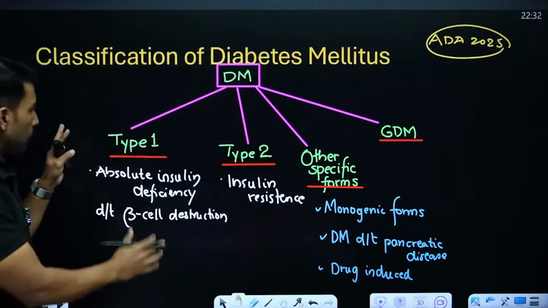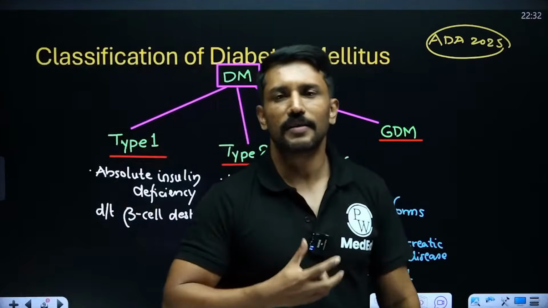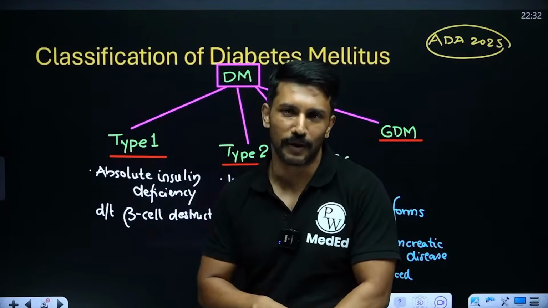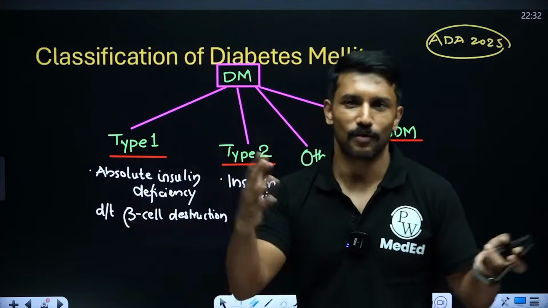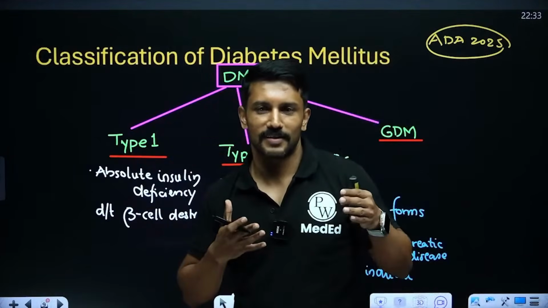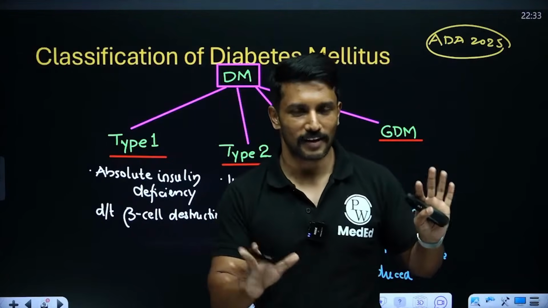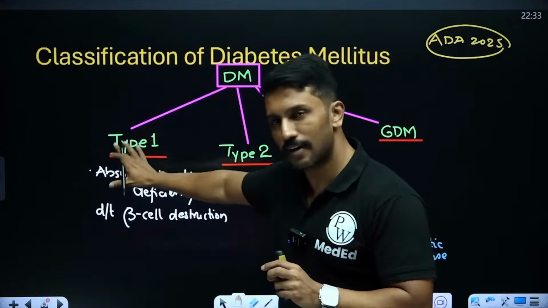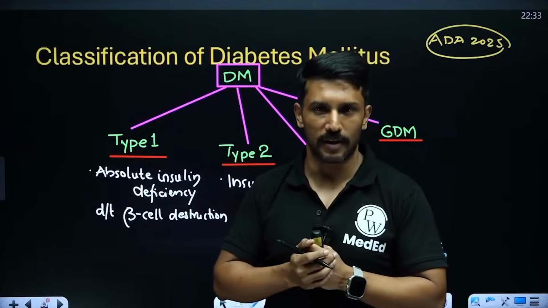Let me reframe it in a different way. Is there any role of genetics when it comes to type 2 diabetes mellitus? Of course, yes, right? We know that diabetes runs in the family. Of course, there's a common saying that diabetes runs in the family because nobody runs in the family. But yeah, lifestyle is a factor, but genetics does contribute. Is there any role of genetics in type 1 diabetes mellitus? Yes, there is a role of genetics in type 1 diabetes mellitus as well.